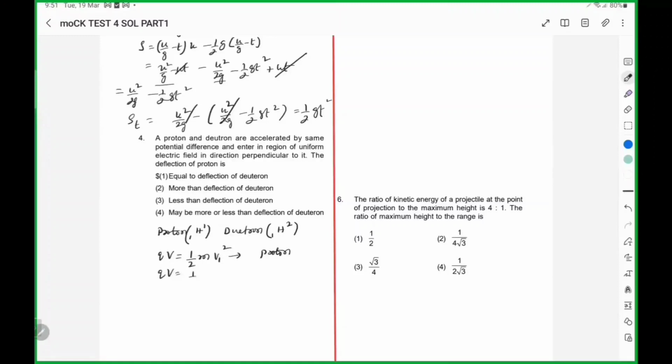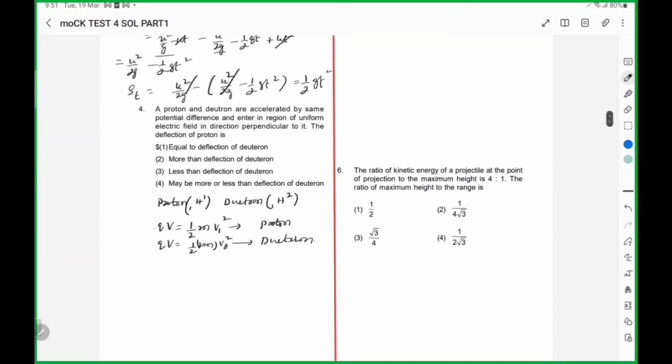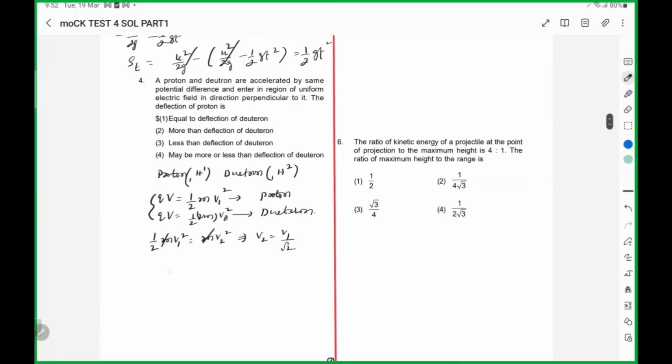Same potential difference is applied. It's related to deuteron. So if both qV are same, half m v1 square is half m v2 square. So velocity of deuteron is